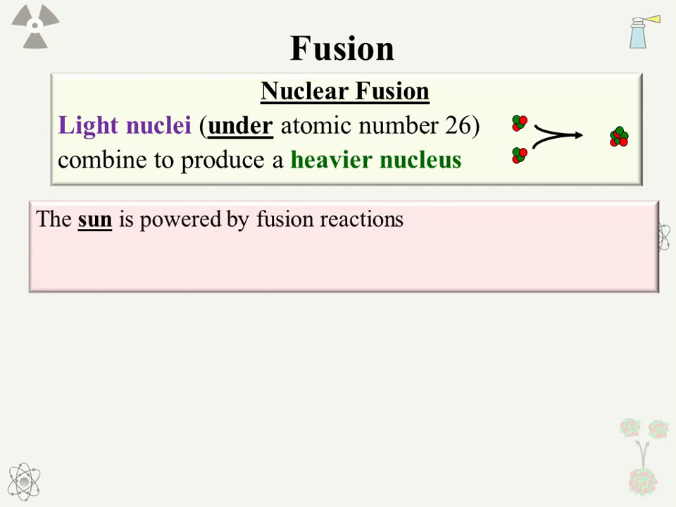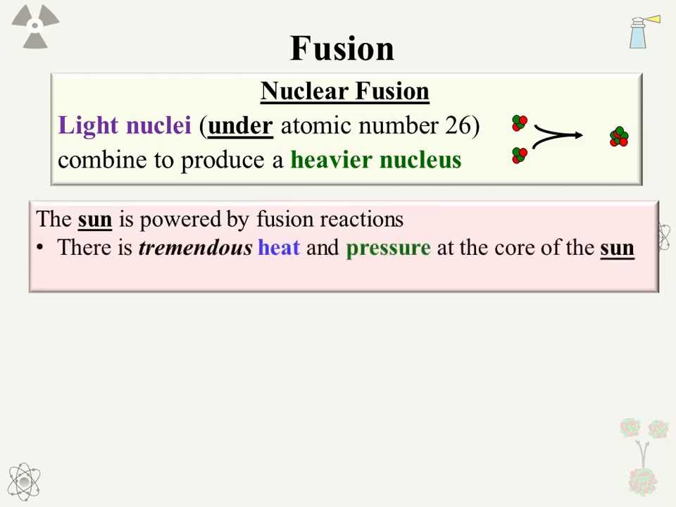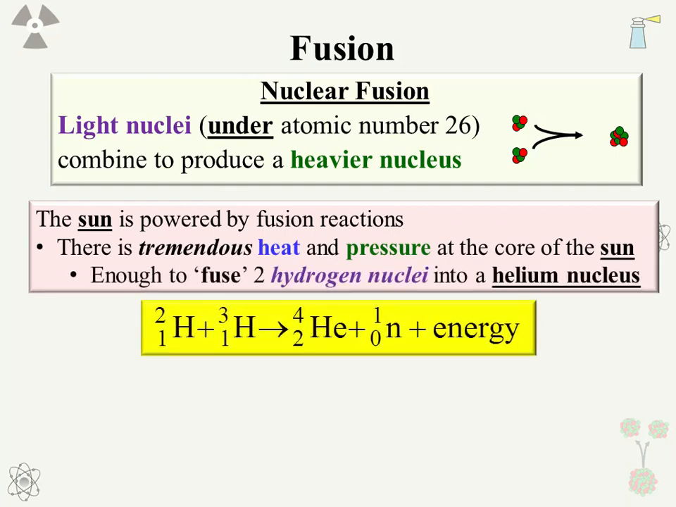That is because the sun is powered by fusion reactions. Partly this is due to the composition of the sun, partly this is due to the great gravity present in the sun. There is a tremendous heat and pressure at the core of the sun. There's enough heat and pressure to fuse the nuclei of the smaller hydrogen isotopes, deuterium and tritium, into a helium